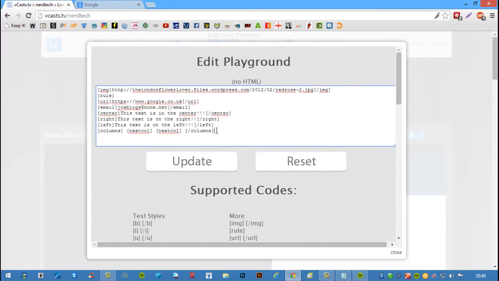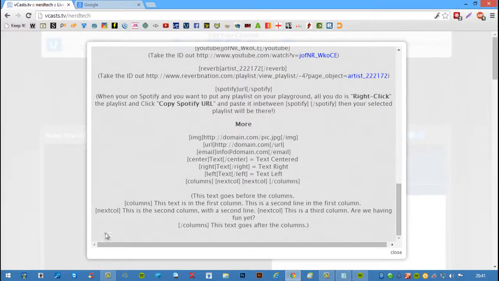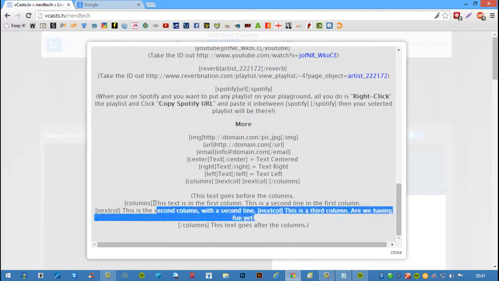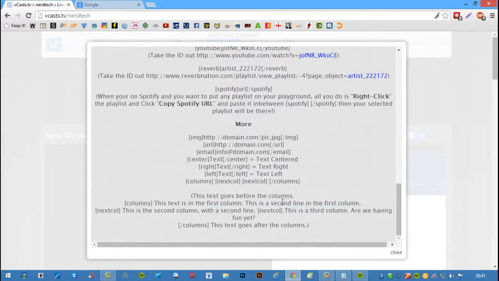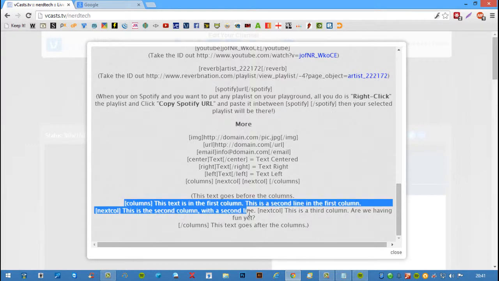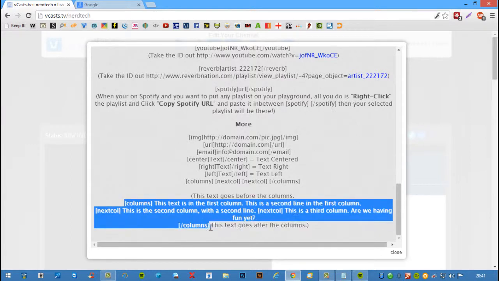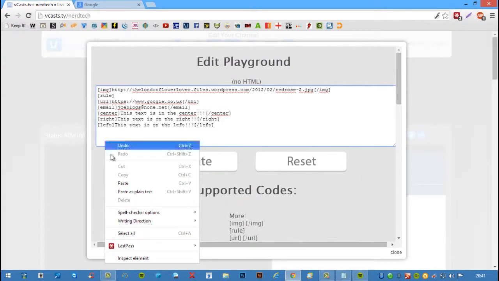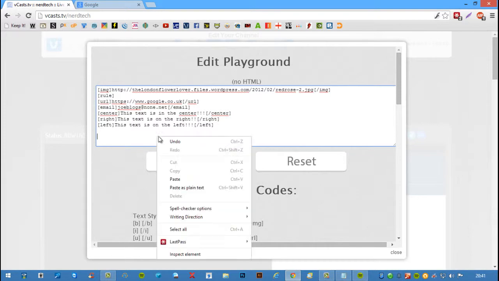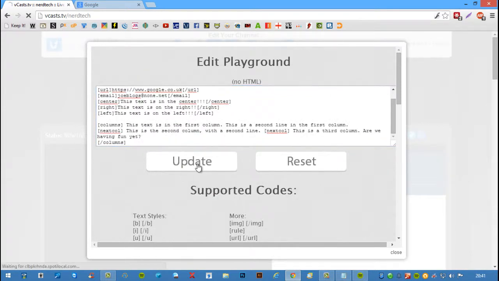And the columns, this is an interesting one. We can actually have columns. So rather than me type out the columns, right at the bottom here you have an example, and basically it's columns. This is in the first column, this is the second line in the first column, and then when you want to start a new column you put in the next col BB code. So I'm going to actually select all that and right click, copy, and put that, I'm going to actually create a space and paste that in so you can see. I'm going to click on the update button,